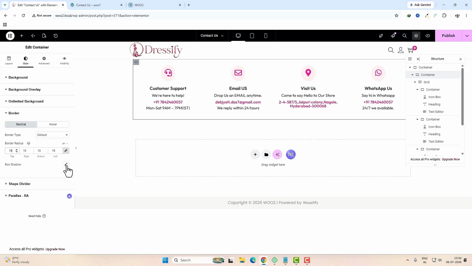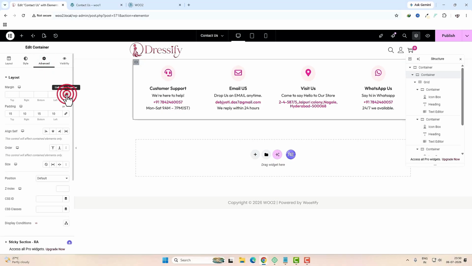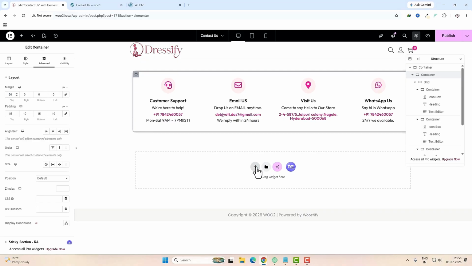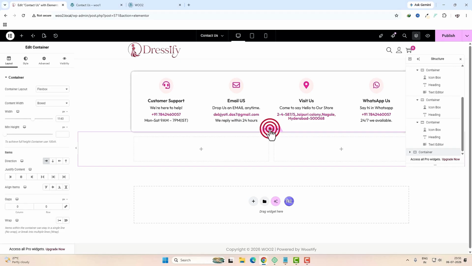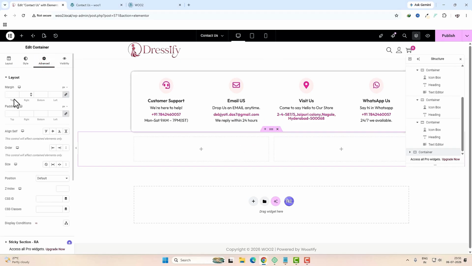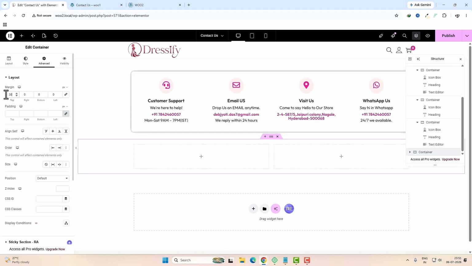After that, enable the box shadow. Okay, now come back to the advanced option, unlock the margin top. I am taking around 50 pixel. So next let me click in the plus option, flex box, single row and 2 column, click in this. Come back to the advanced option, so margin top I am taking 30 pixel, and margin bottom also I am